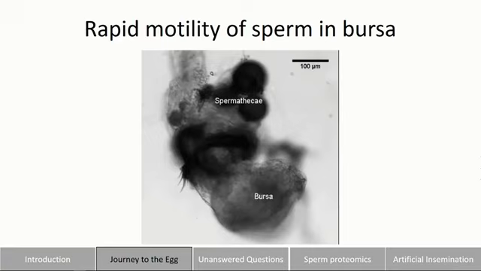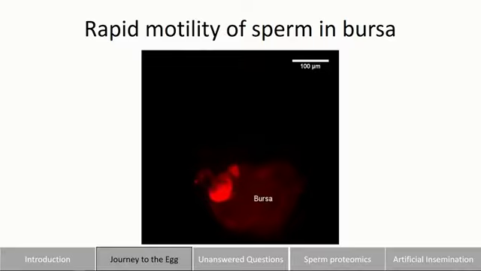Thankfully, this female was inseminated by a male that has fluorescently labeled sperm. And so if we flick off the lights in a second or two, you'll see this mass of sperm. And it seems like it's moving almost in concert, or in a coordinated motility. So there's about 1,000 sperm here, and they're all trying to get stored.